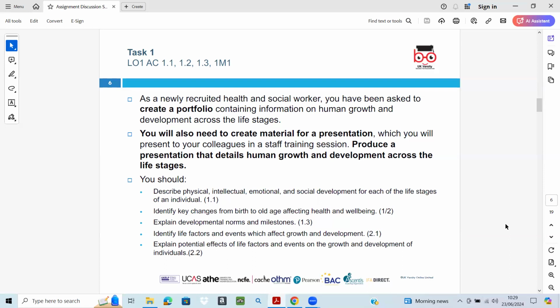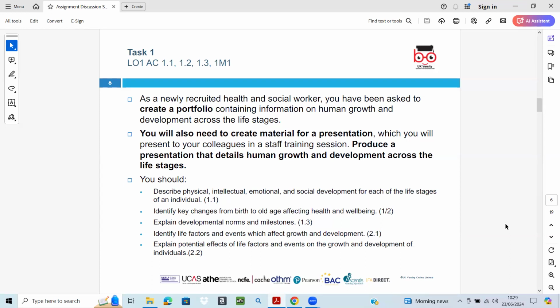So we need to discuss various life factors such as genetics, environment, family dynamics, and socioeconomic status that can impact growth and development. We need to explore how events like trauma, illness, or any major life transition can influence an